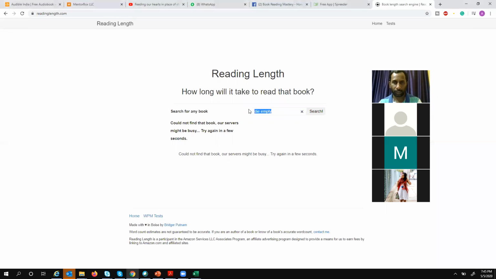Let me try another book. It looks like it is not connecting to the server. Most of the books I searched, I was able to get the result here.